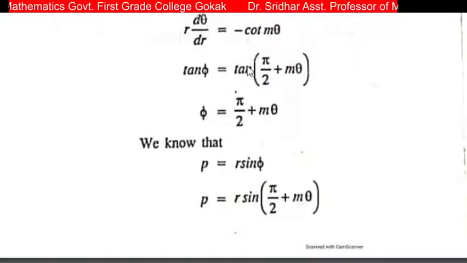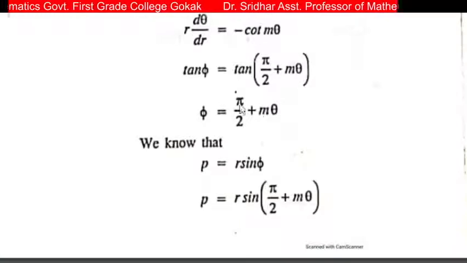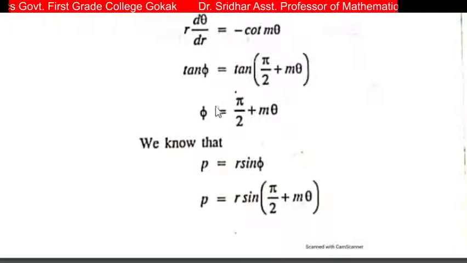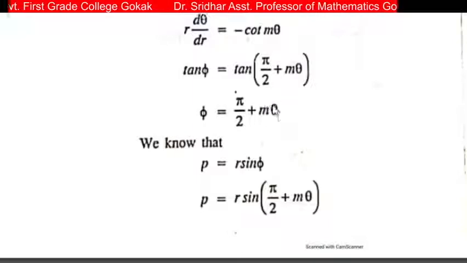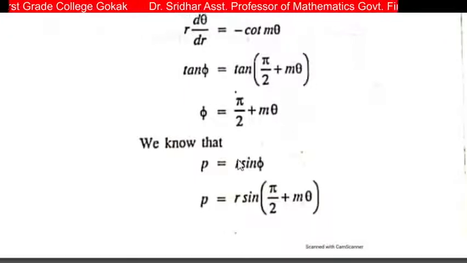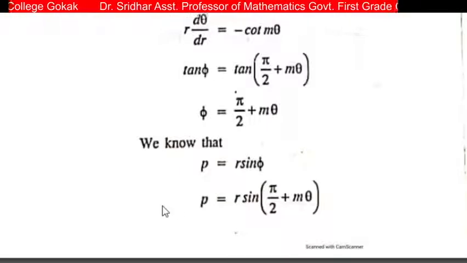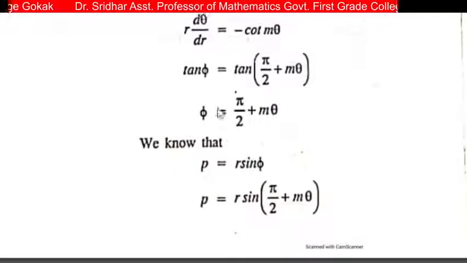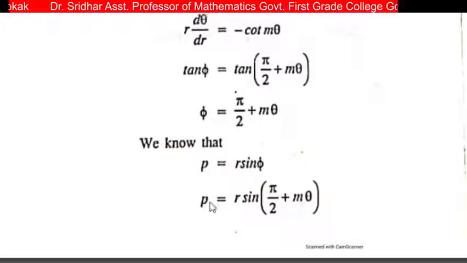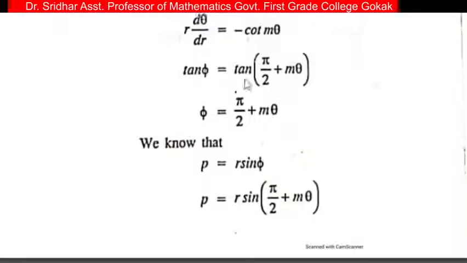Minus cot mθ can be written as tan of (π/2 + mθ). On both sides tan will get cancelled. So φ is equal to π/2 + mθ. Now to find the pedal equation, we use the formula p is equal to r sin φ. So there we substitute the φ value, that is π/2 + mθ. So p is equal to r sin(π/2 + mθ),